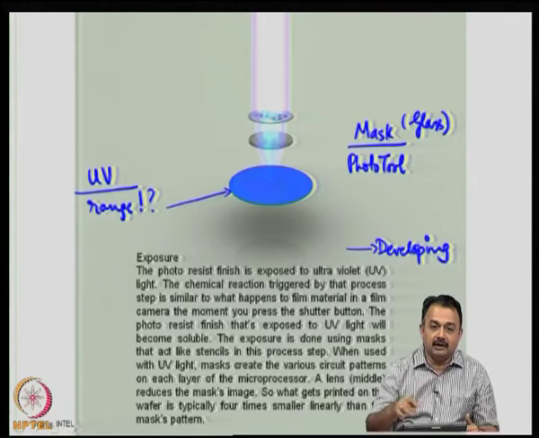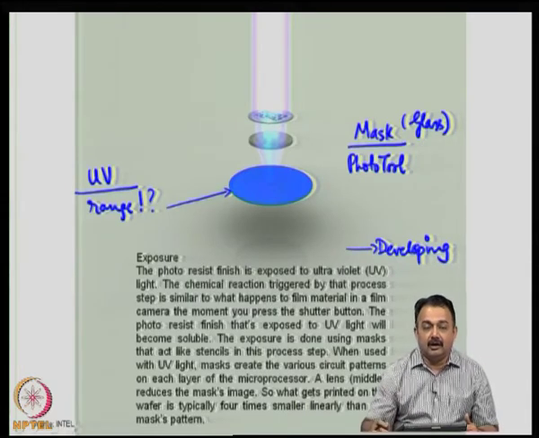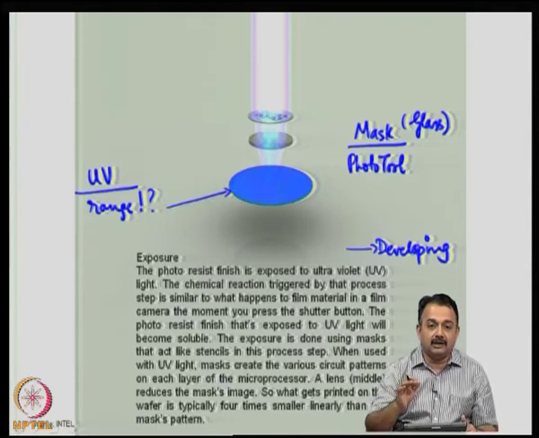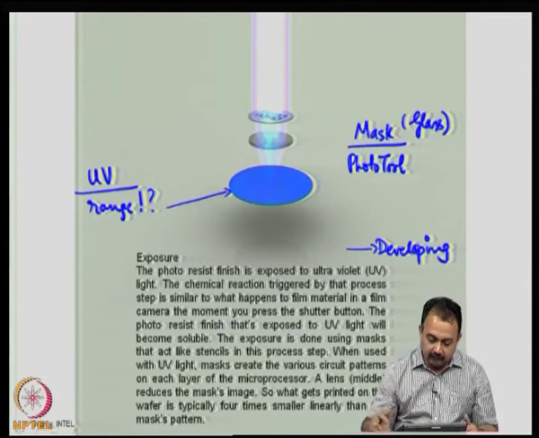So, there can be multiple layers, 4, 5, 8 poly layers, and each of them requires a different mask, and each requires different exposure operations and developing operations to realize the circuitry.